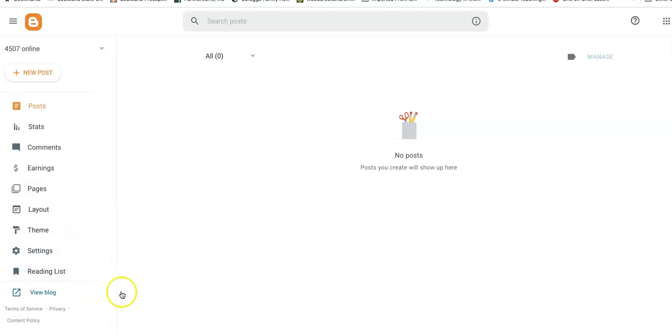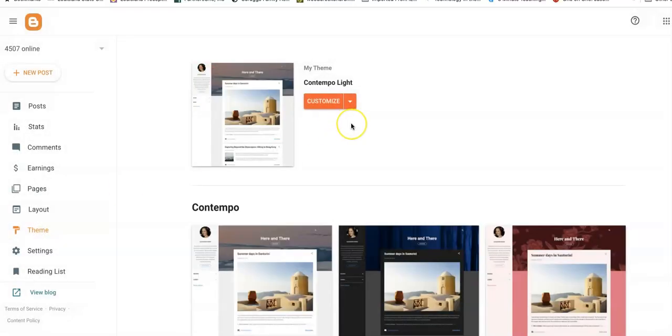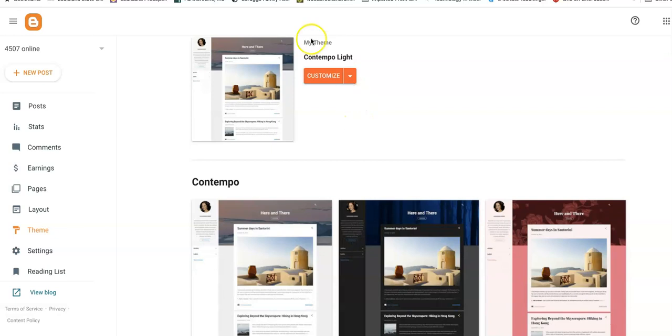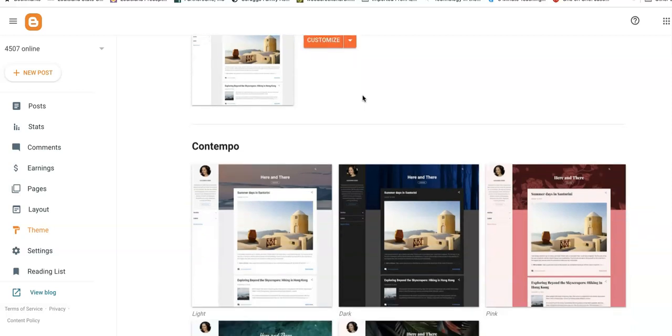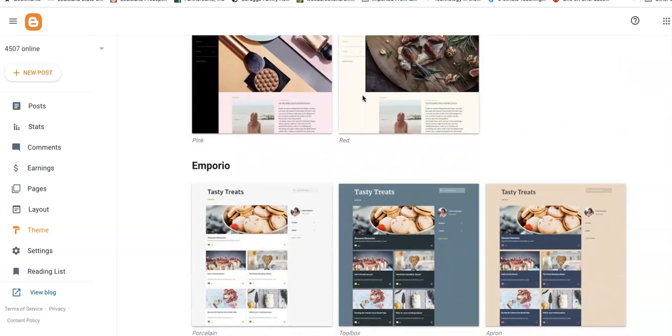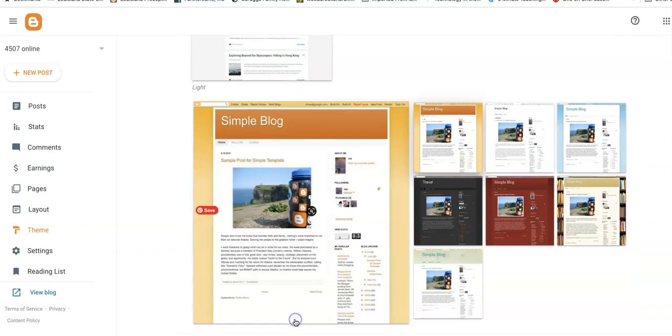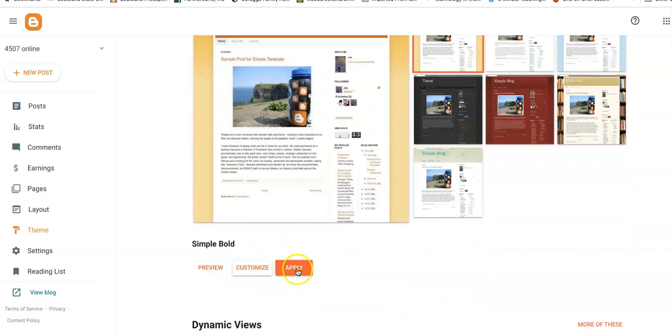And the first thing I'm going to do is create the layout and the theme. So let's go to the theme first. Now, everybody listen to me. This is where everybody kind of makes a little misstep sometimes. Do not choose the My Theme Contempo Light. I want you to scroll down here and make sure that you choose the simple theme. And the reason I'm doing that is I want everybody to have the same theme so that all of your RSS feeds are on the side, your blog posts are in the middle, and it all has basically the same format. So I'm going to hit apply,